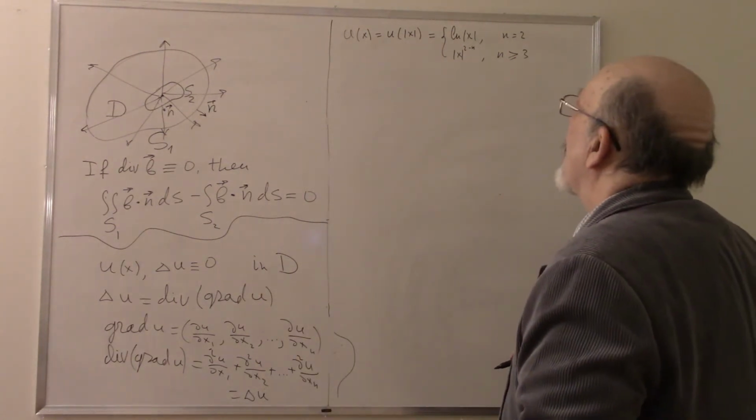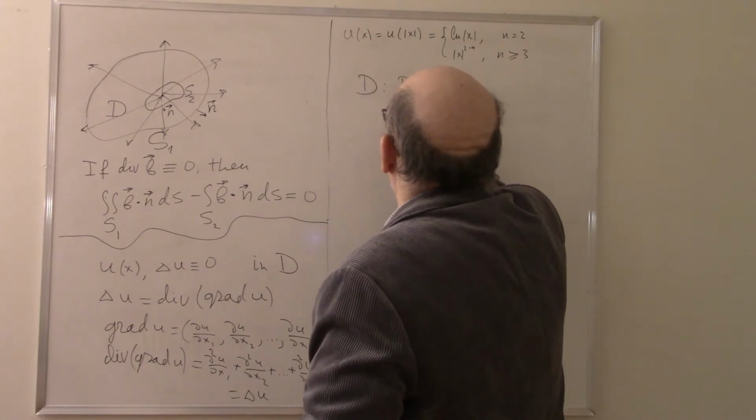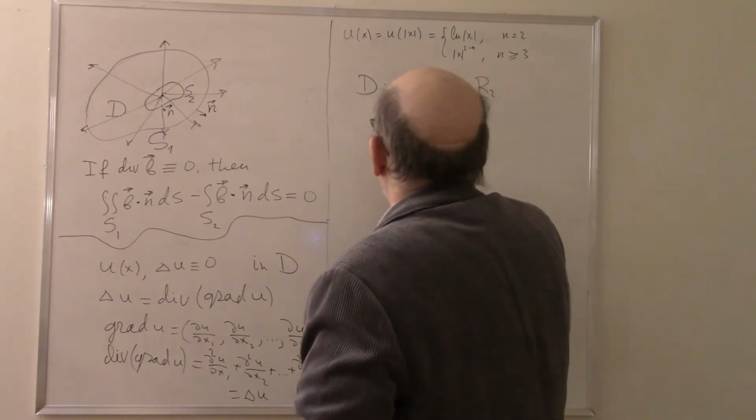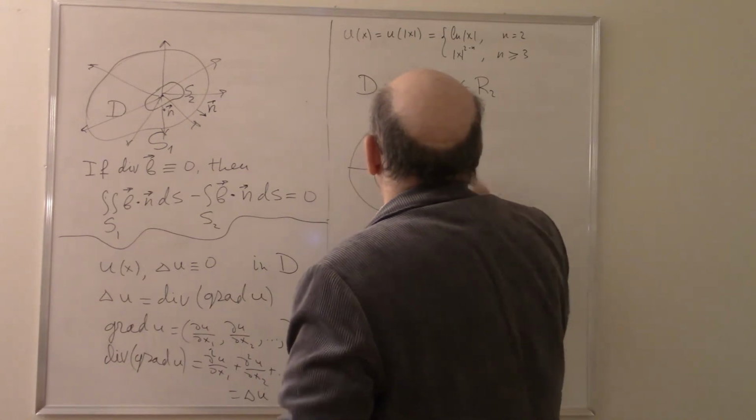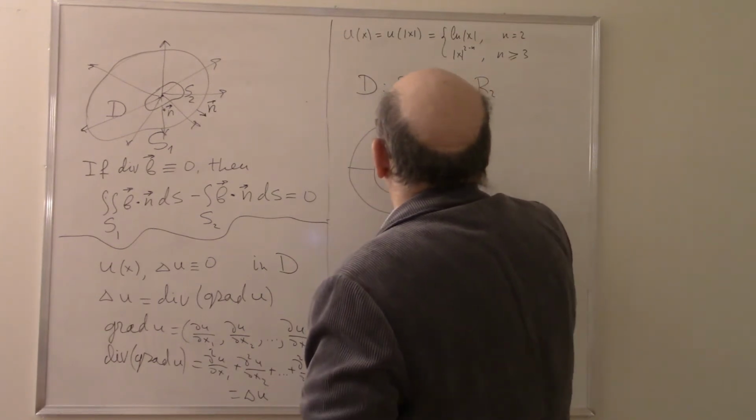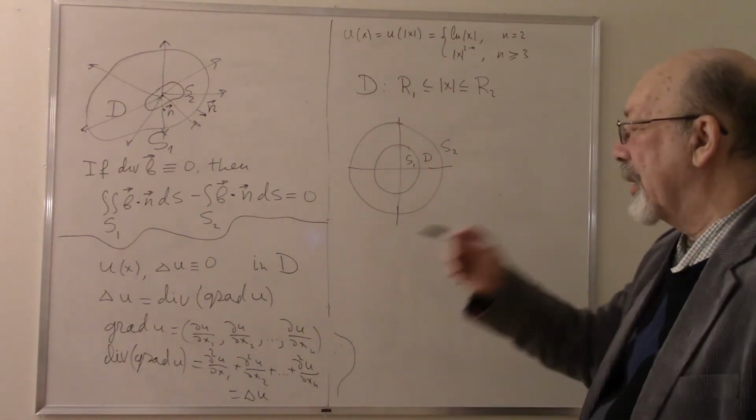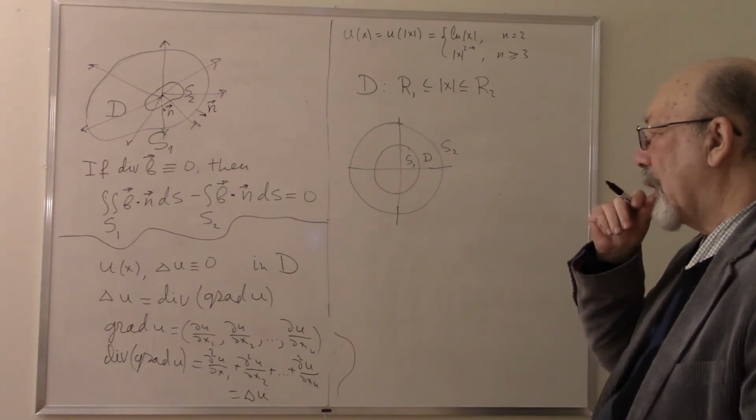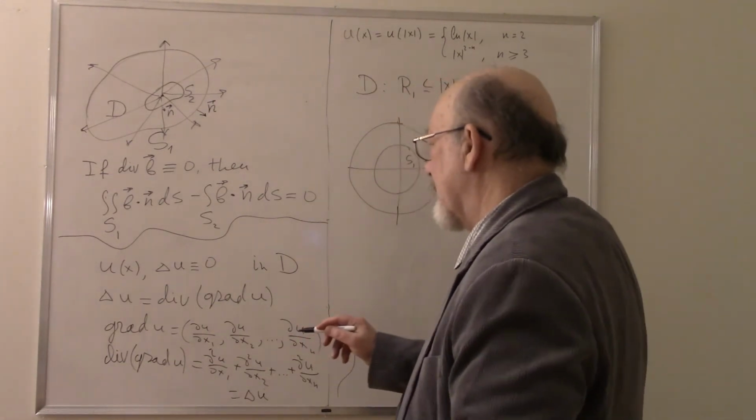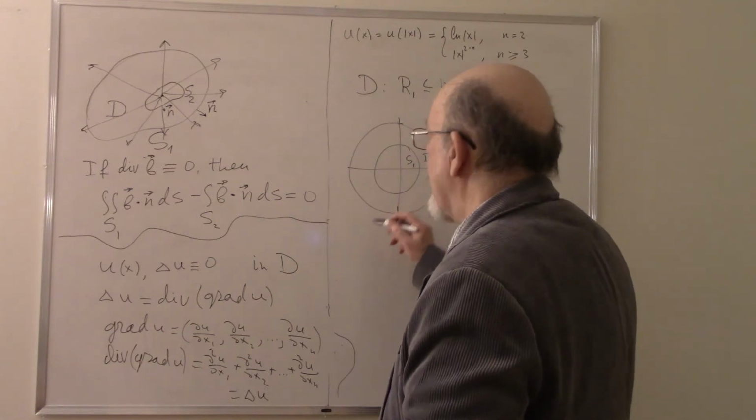Let us consider the following domain D: R1 less than modulus x less than R2. So our domain D is the domain between two spheres, S1 and S2, with radii R1 and R2. Yes, if this Laplacian u is 0,